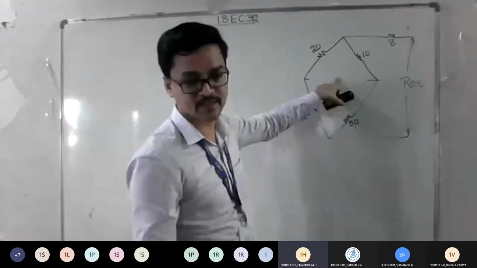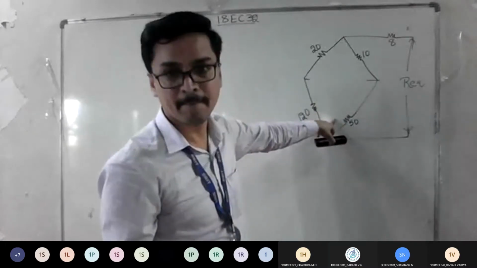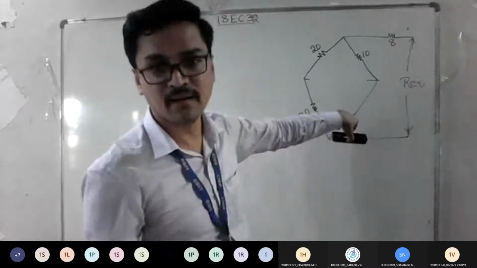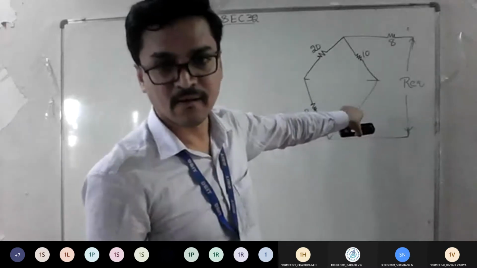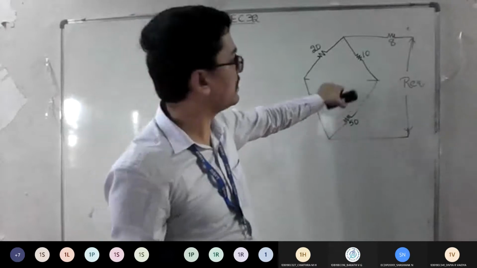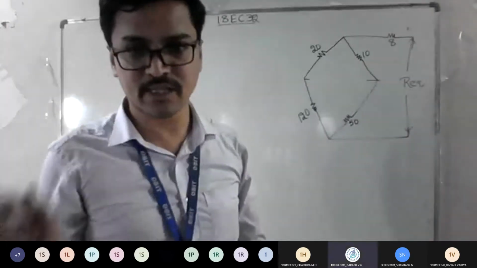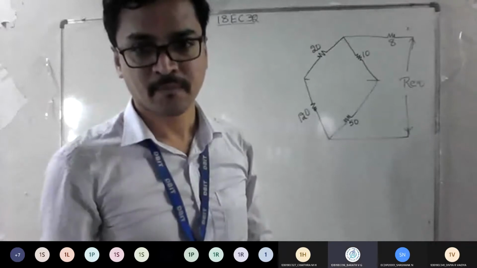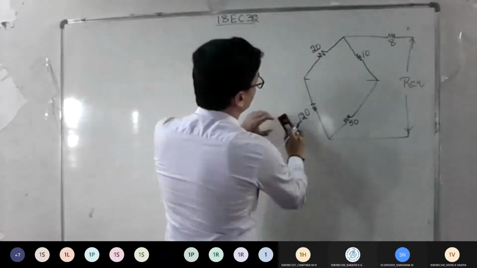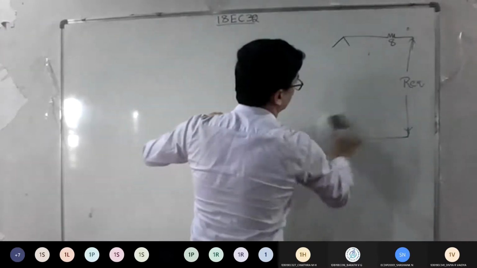Series, good. Obviously it's 2 in series. Similarly 10 and 50 become series. Two answers are in parallel, and that parallel answer will come in series with this 8 ohm resistor. Am I clear with this logic? Okay, so we'll do it one by one. This 2 resistors I'm going to eliminate to 1 resistor, since this 2 becomes 1 resistor.